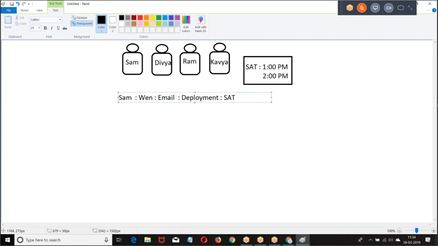Then he asked his friends, boss, let us postpone this plan to Sunday. Now, they already planned for an event on Saturday. Now, on Wednesday, Shyam received a mail. There is a deployment on Saturday. Then Shyam told there is a change in my schedule. On Sunday, I was occupied with my deployment. Can we move it to Sunday?